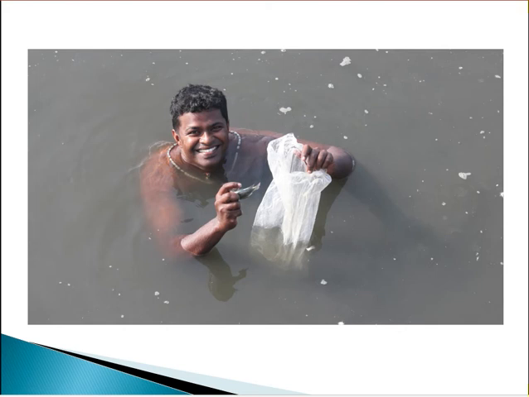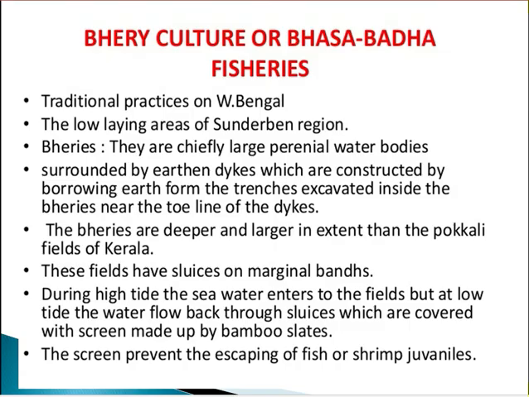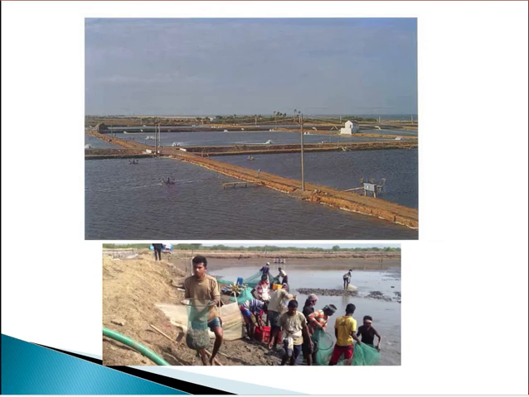Now we will go to the prawn culture in bheris, that is usually practiced in West Bengal. In the low lying areas of the Sundarban region, you can see this type of culture. And bheris are embanked brackish water enclosures which are used for aquaculture. So you can see the bheris here, they are deeper than pokali fields,